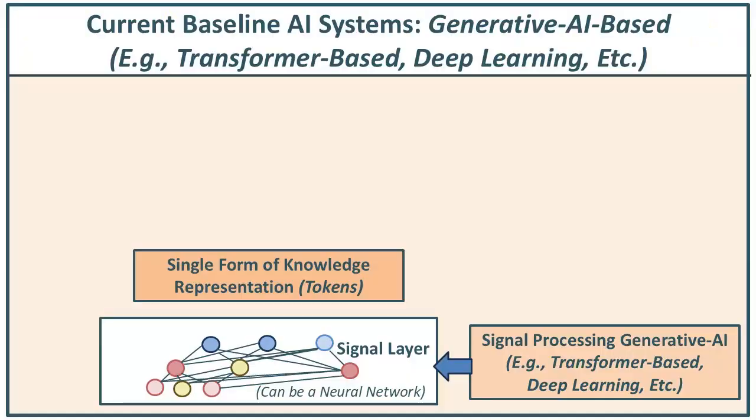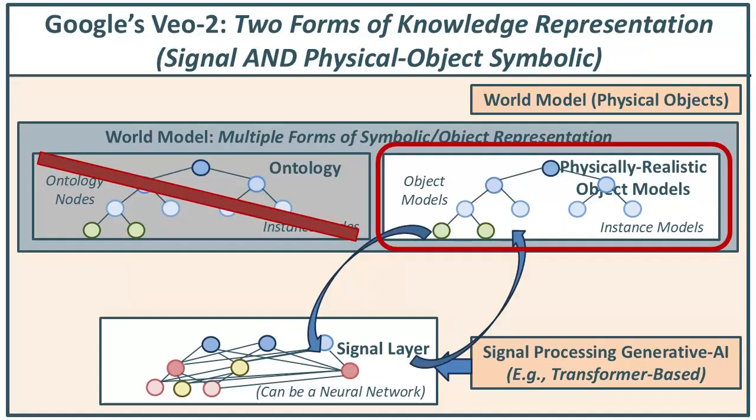But right now we're looking at a new horizon, and what we're going to discuss in these next few moments will be how it is exactly that Google's VEO2 is such a game changer. Why is it such a big shift? The reason that VEO2 is such a game changer is simply this. It introduces a second level of representation into what was previously a pure generative approach.